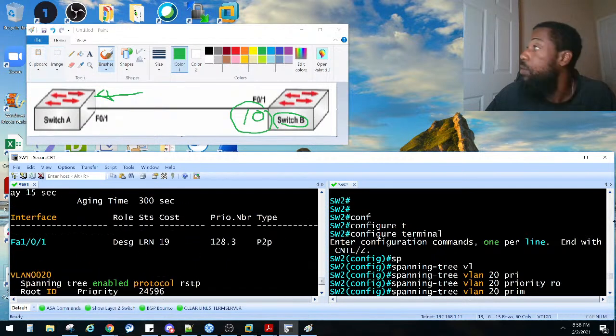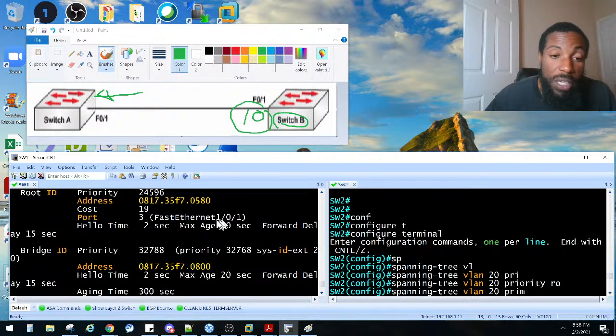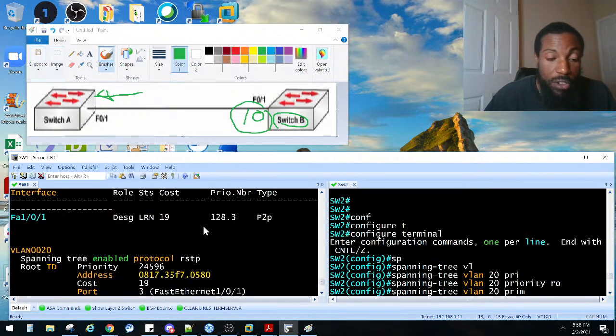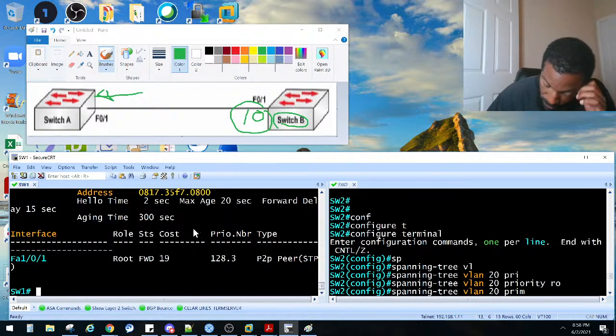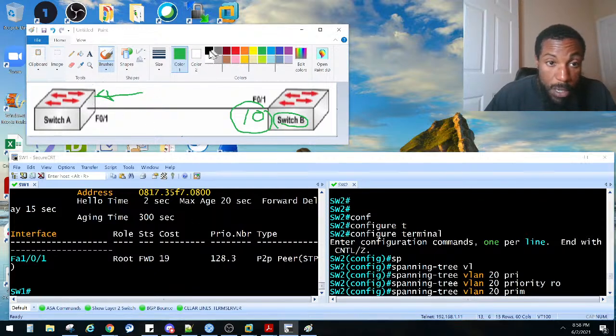So, anybody remember what the differences are between RSTP and PVST? One is rapid spanning tree protocol. The other one is per VLAN spanning tree. The book asked us to do rapid spanning tree protocol. Then it said configure VLANs 10 and 20 on both switches. We've already done that from last lab. On both switches, set RSTP as a protocol. Well, we did it on this switch over here. So we set him to be